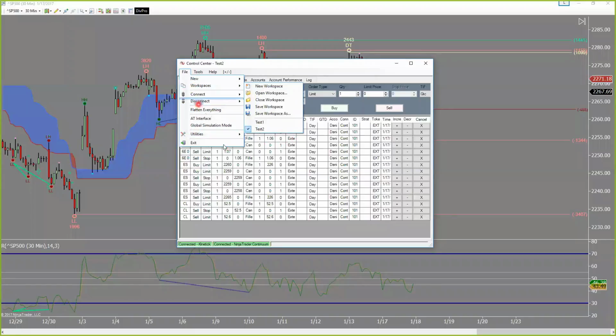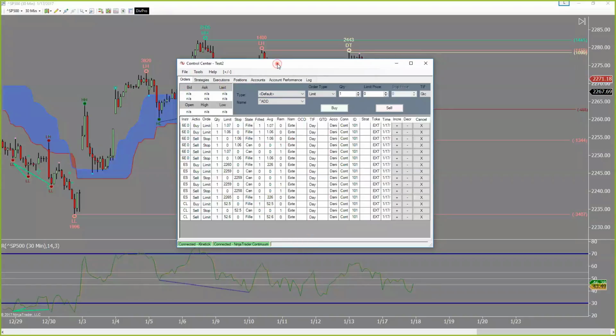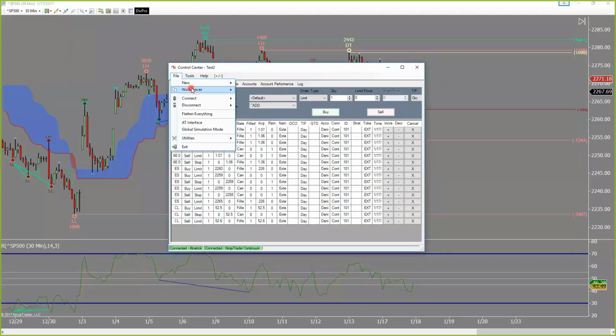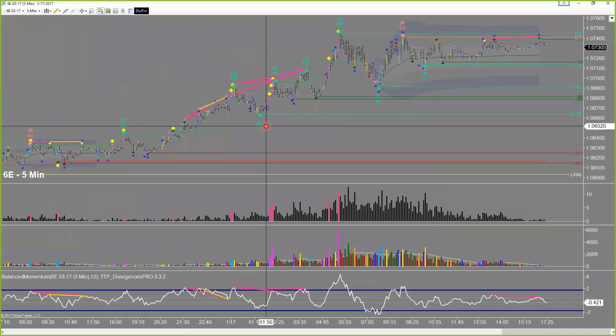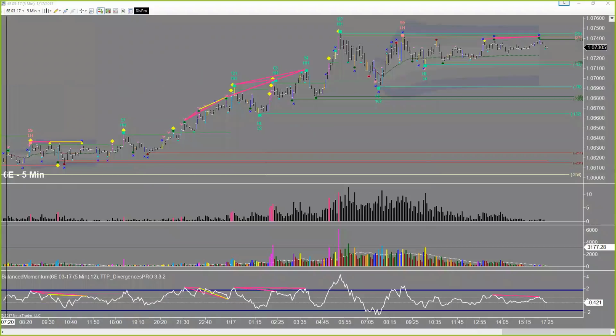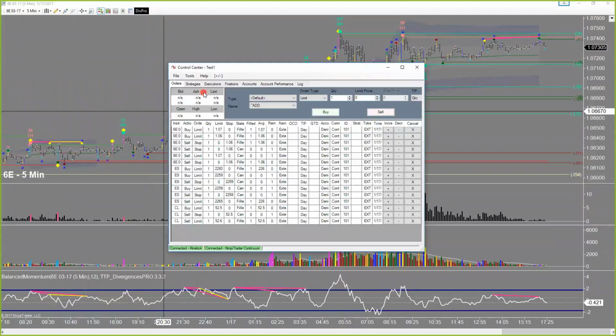Okay, if I don't want to have to do that, come back and find the control center, click on File, Workspaces, and then select the next workspace, what I can do is use the hotkey functions. So you have a lot of different hotkey functions in Ninja, and you can go in and edit them and set each key to do a specific task. If you want to do that, go to Tools, Hotkey Manager,